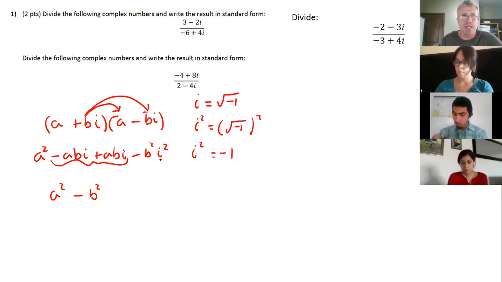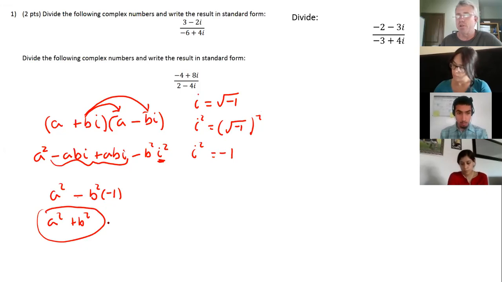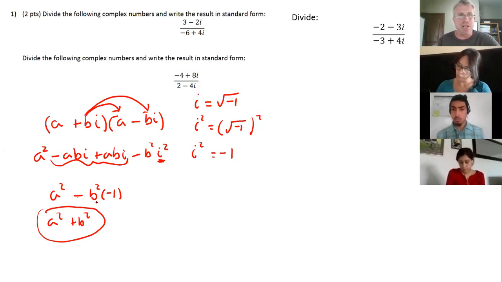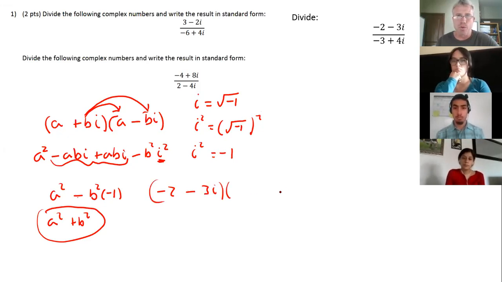So you can replace the i squared with negative 1, and then the negatives combine right here, and you get a squared plus b squared. And this turns out to just be a real number on the real number line, and the i piece has gone away. So if you're multiplying a number by its conjugate, and you actually have numbers sitting there like -2 minus 3i, and you wrote the conjugate and you took a product,